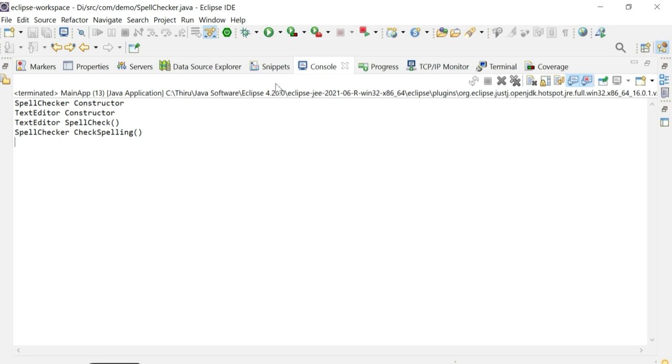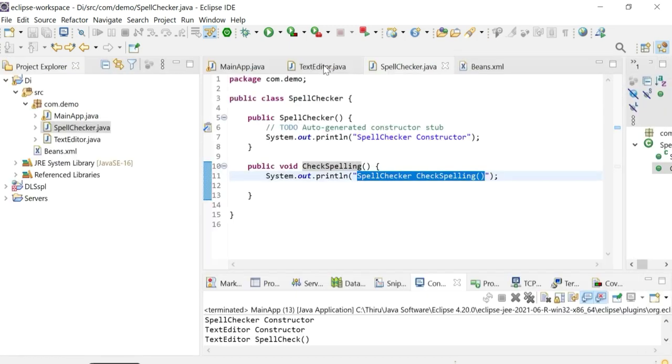All right, so in this session we have seen what dependency injection is. It's classified into two types: constructor based dependency injection and setter based dependency injection. In this session we have seen constructor based dependency injection. I believe you now know what dependency injection is and how to do constructor based dependency injection from this session.